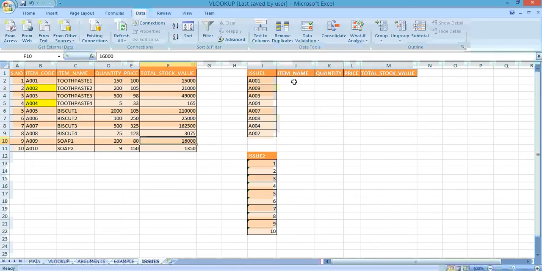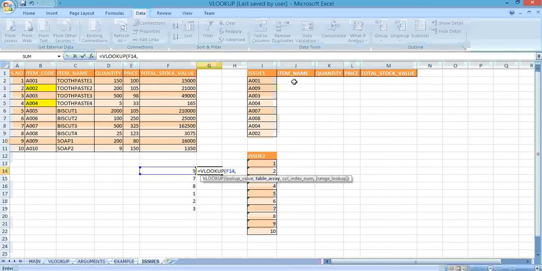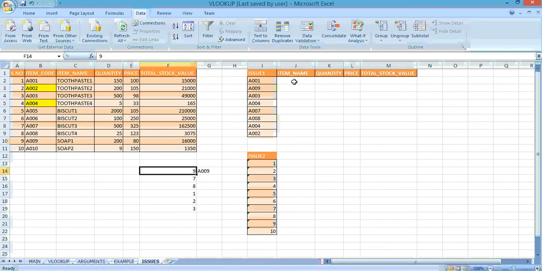So like, I have serial number 97812. So against these serial numbers I want the item code. So I'll put a VLOOKUP. I hope now you are very confident in this formula. So I put the VLOOKUP and I'm taking out the second column, and now I'll drag it down.